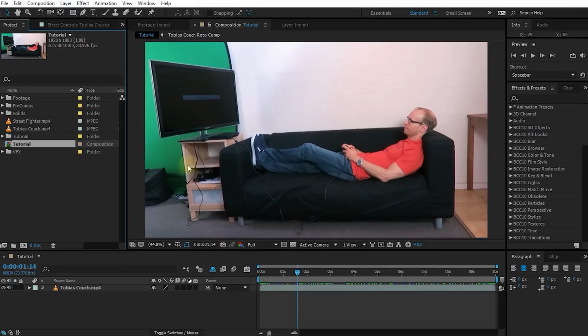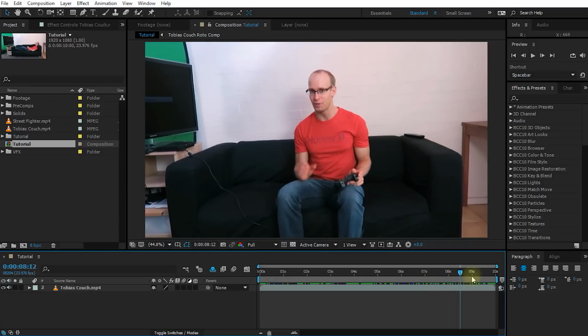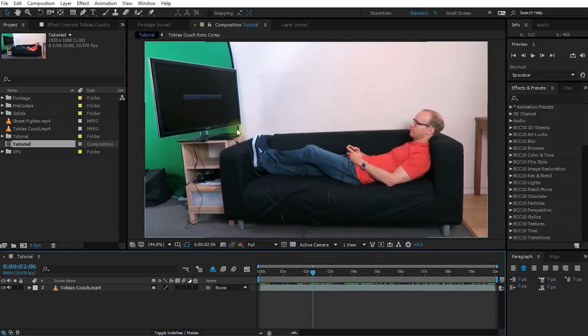Let's get out of this and let's have a look at the actual shot. At the beginning it's very easy. The full screen is in view and you could easily overlay a corner pin onto the screen, but as the shot progresses, the screen almost entirely vanishes from the shot and there's quite a bit of perspective shift in the